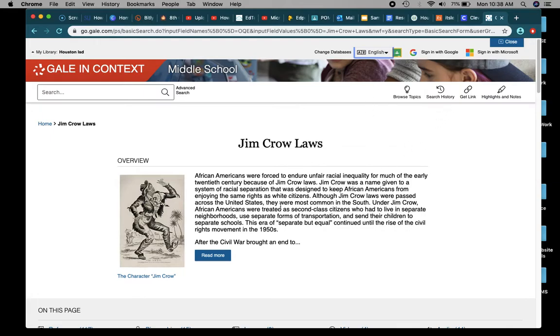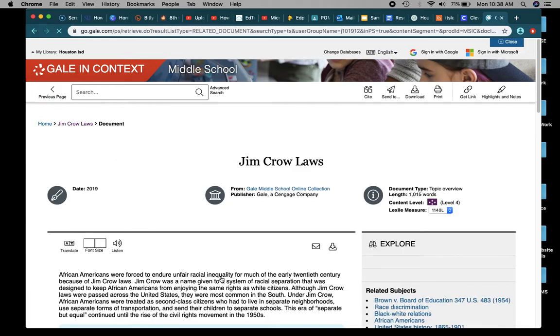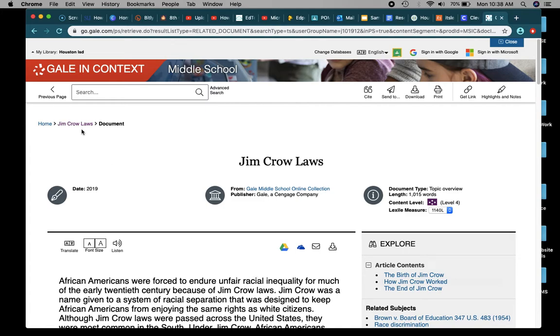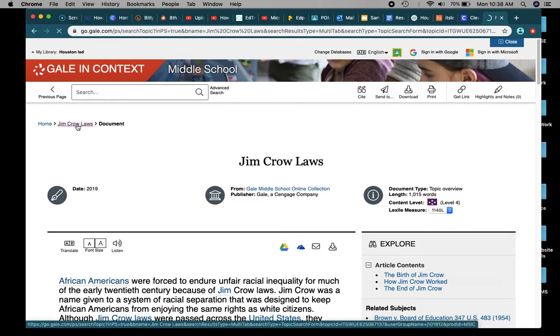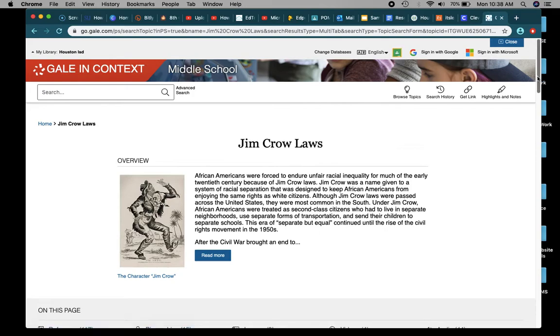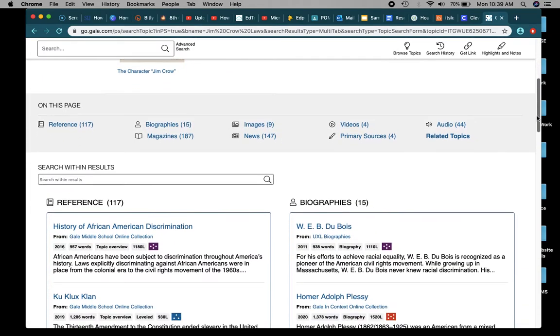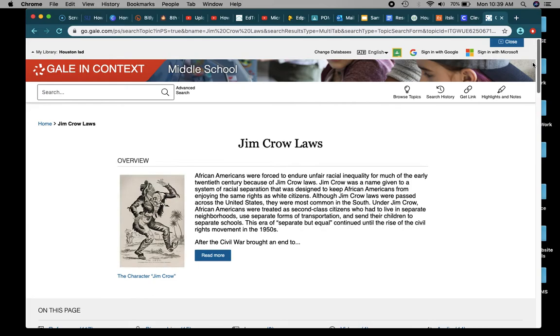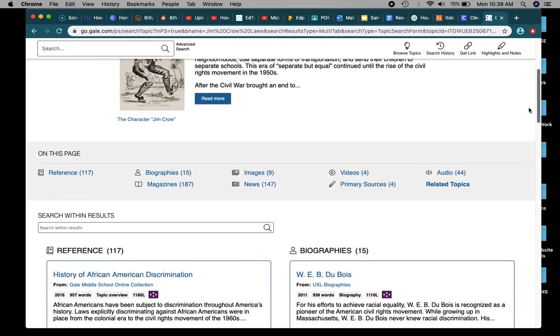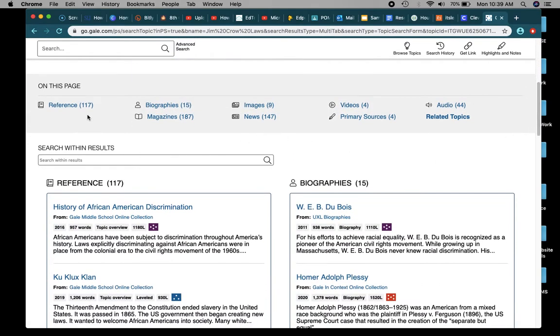Here, though, there are other options for changing just the article, and I'll show you how to do that in just a minute. Okay, so you are given the basic article here, but before we do that, we're going to go back. Look down here. Oh my goodness. Just from typing in Jim Crow laws, we are given 117 reference articles, 187 magazines,